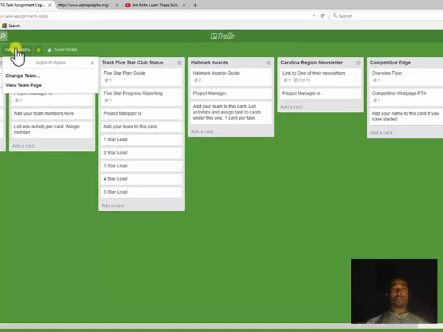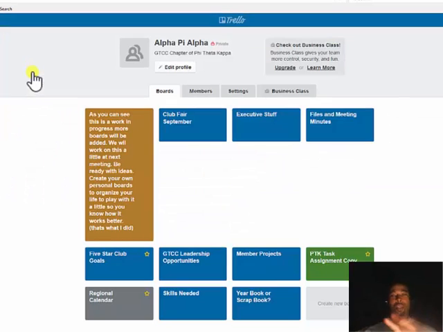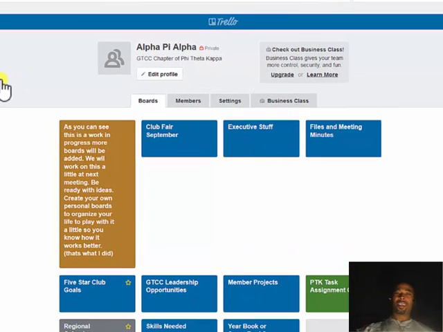Click on this right here and view team page. That takes you back out of the board. You can look at the big picture view and see the organization or lack thereof. So right now I can't move these boards where I want to. Maybe you can in the paid version, but we're focusing on this green board right